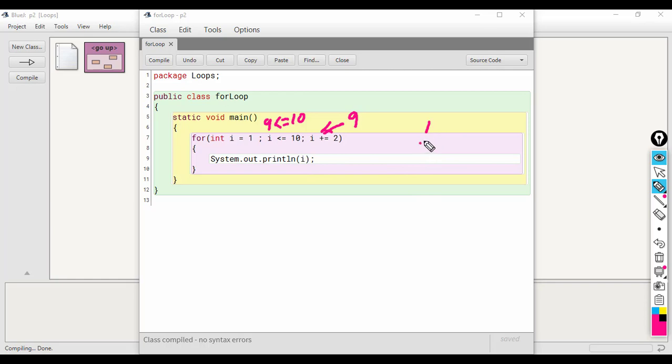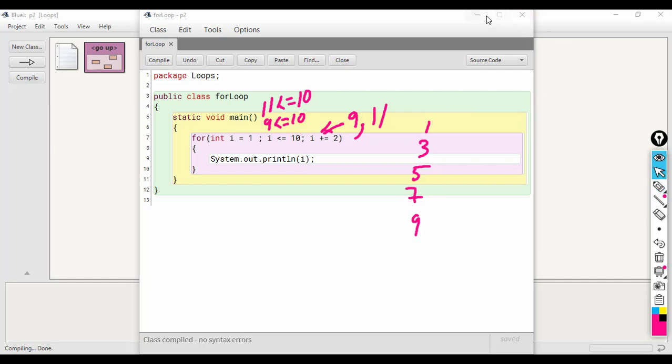So far we have got 1, 3, 5, 7 and 9. Control comes to the update part again and I will become 11 and the condition becomes 11 less than or equal to 10, which is false. So the control will come out of the loop. And the output will be 1, 3, 5, 7 and 9.